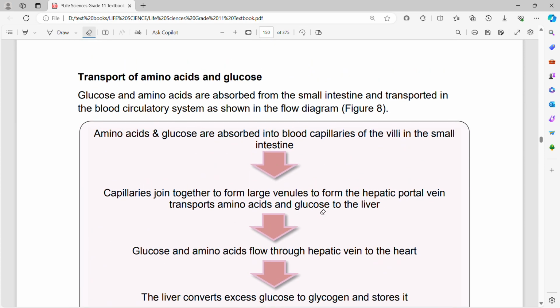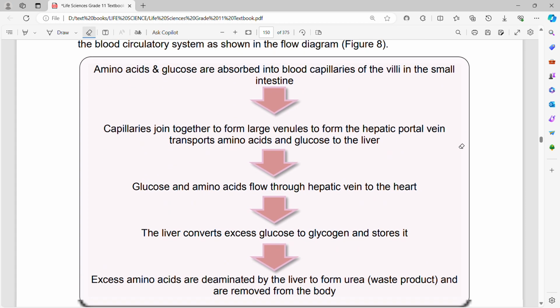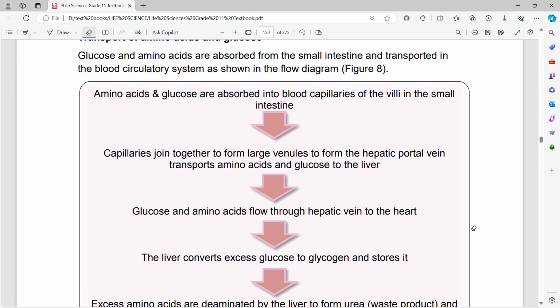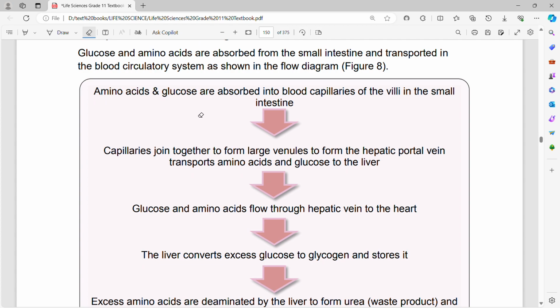Now we have the transport of amino acid and glucose. Glucose and amino acid are absorbed from your small intestine and are transported into the blood circulatory system. Let's look at the flow diagram, which will represent your transport, from where they will start. Amino acid and glucose, we said in the table, will be absorbed into the blood capillaries of the villi